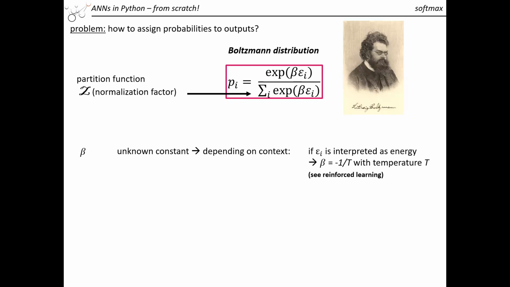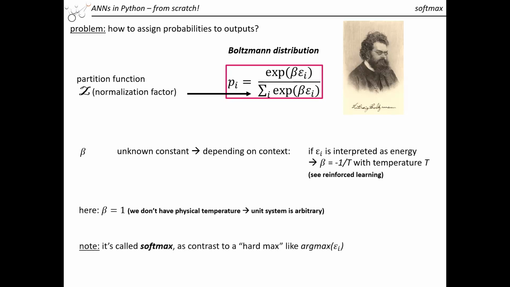It plays some role if it's about reinforcement learning. In our case, temperature doesn't make sense. We don't have a physical temperature. We don't have an absolute temperature, which kind of defines the unit system. So we can just arbitrarily set beta to 1. So it doesn't play a role for us. And this function is called softmax